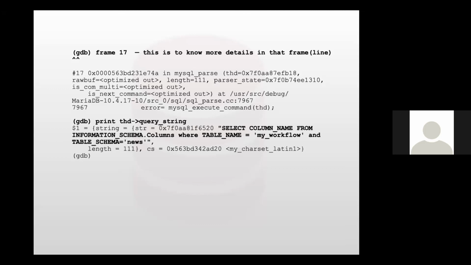This is the main topic I wanted to explain: how exactly troubleshooting works, and how the developers or engineering team find where the problem is and how we can fix it. All these details are really required. So I would really suggest that if you find this kind of issue and try to report a bug for MariaDB or MySQL, please provide as much information as you can. It will be really easy for the engineering team to identify the problem and fix that bug.